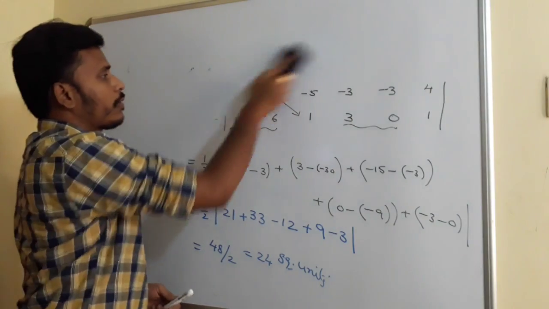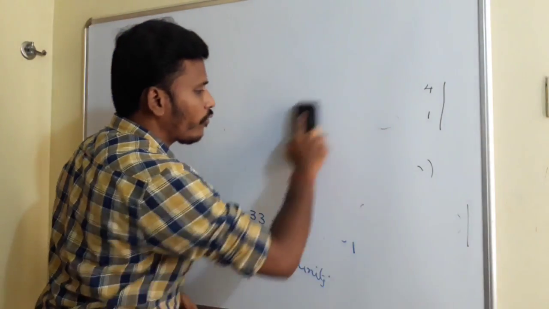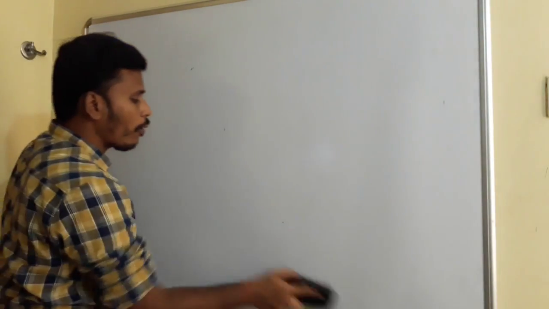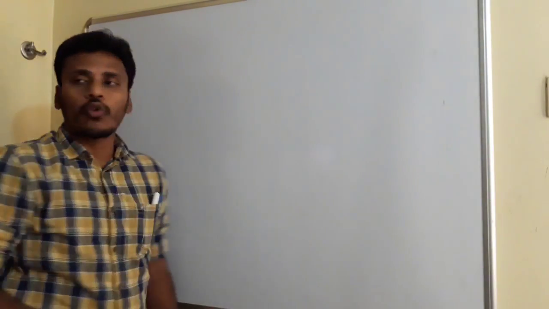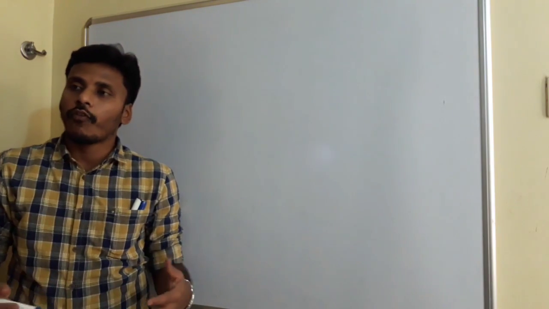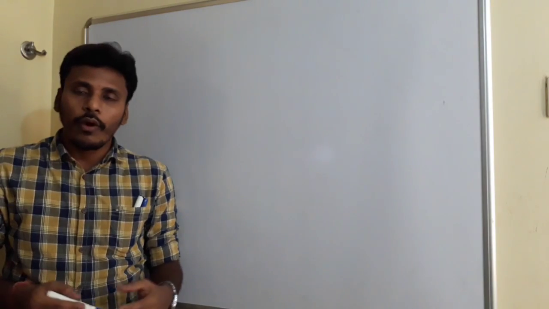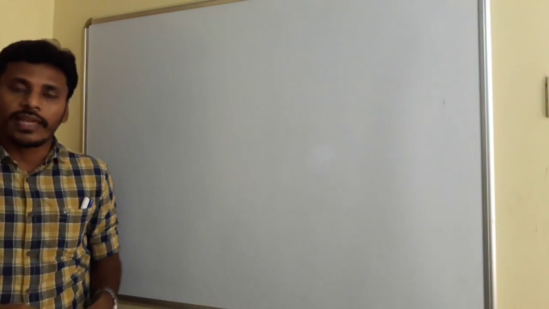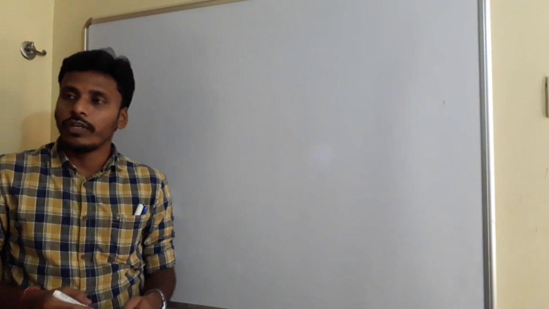Then the next thing is, see, this is the way to find the area of a polygon if vertices are given, and if the area of the triangle formed by 3 vertices is 0, then we call those 3 points collinear points. If the area is 0, in the sense those points are not forming any triangle there. Whenever 3 points won't form a triangle, then automatically we conclude that those 3 points are lying on the same line. Since 3 points lie on the same line, we call them collinear points.